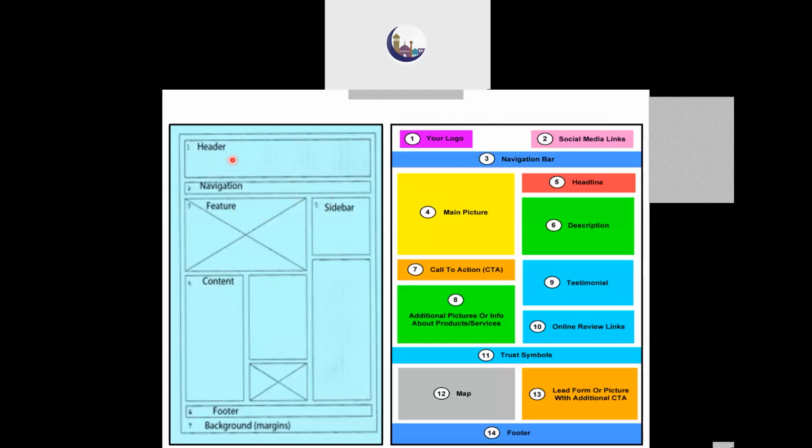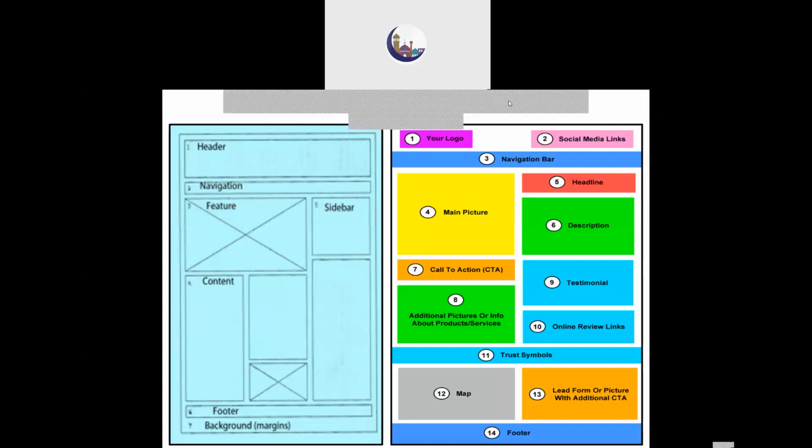So you can see that there was a header, then navigation bar, then main content area. Now the content area I have kept as feature photo, and then the content, and then the slider as it is, but it is divided into two sections, one for very important information, another for fixed type of information, then the footer, then certain margins from the outer lines, such type of things. I hope this slide is okay. Can I be acknowledged in the chat box?